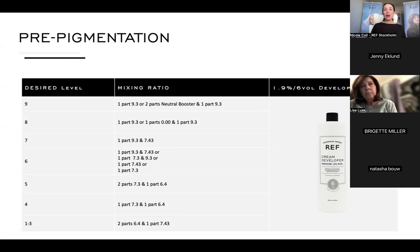What's really great is we do have three new offerings in color classes for in-person education through our global education guide this year. So anytime you participate in salon education or education at any education center by Ref that you might go to, we really do dive in a lot deeper in a hands-on setting, things like pre-pigmentation. So if this is something that you've ever been interested in learning even more about, diving deeper and really getting your hands into it, those are hands-on options that we do offer in salon or in any experience center or